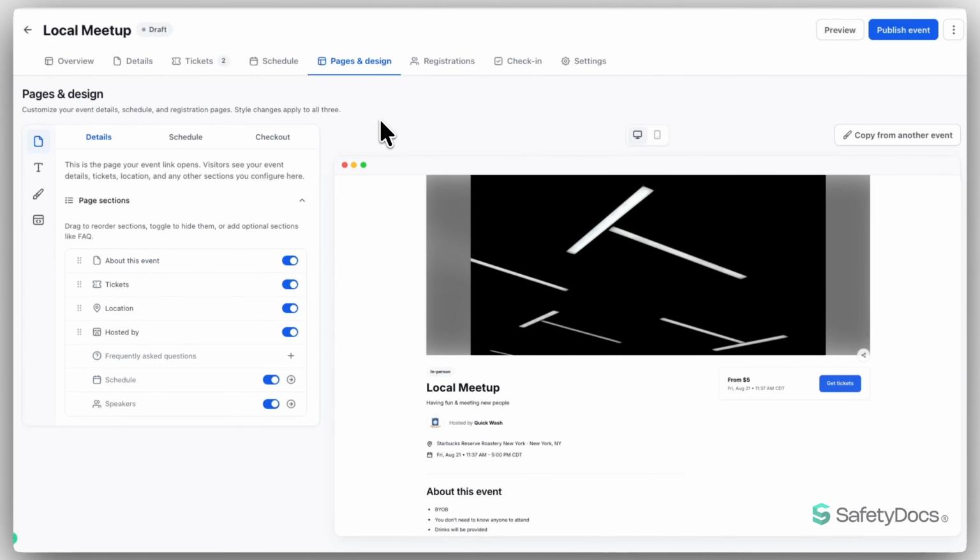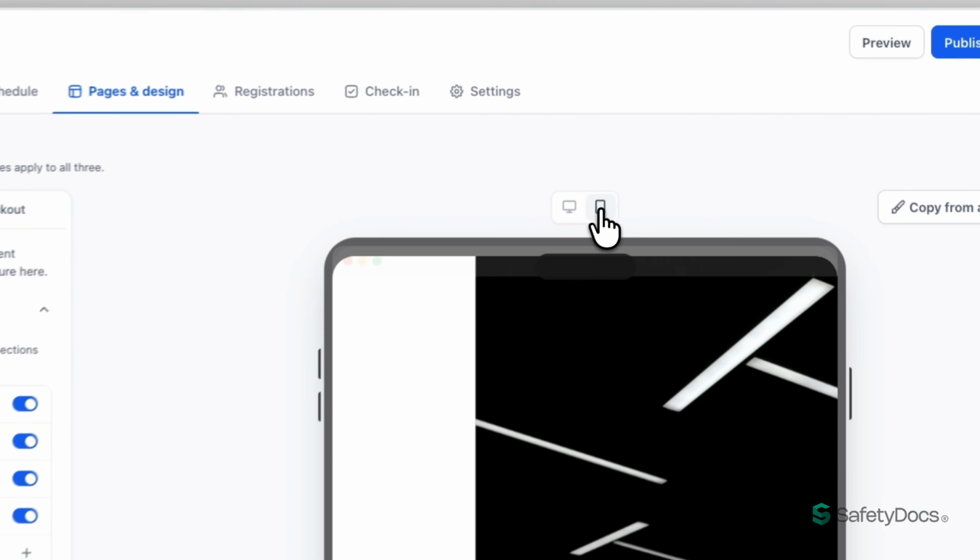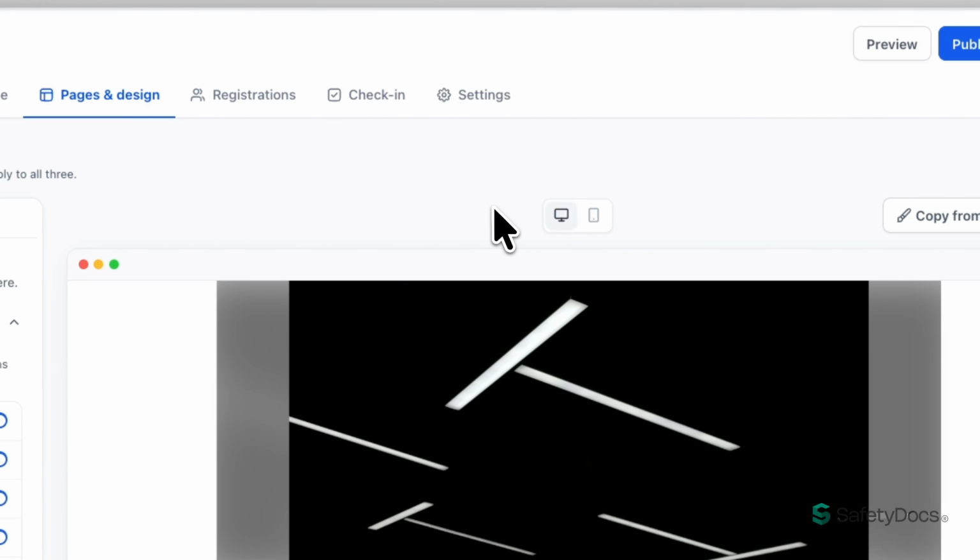Editing our form, pages, and design for the event can be found underneath the Pages and Design section. Here, you can customize event details, the scheduling, registration pages, make sure that the styling matches your brand. As always, you can click on Desktop or Mobile View to make sure that it looks the way that you